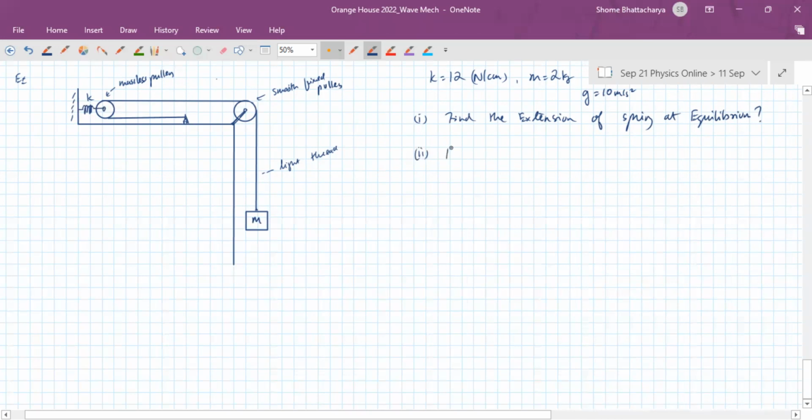Secondly, if the block is released from rest at a position such that